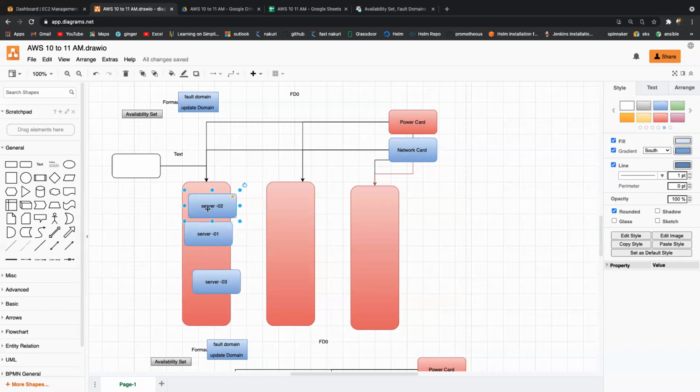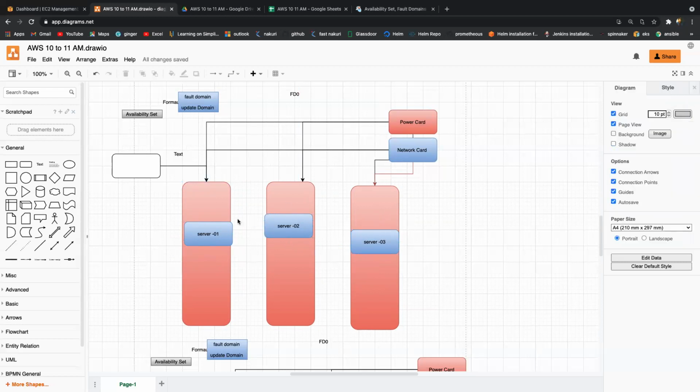Then downtime may come. Production might be affected. We cannot predict it. You can say orally there is no downtime, but practically it is impossible. Here you can see all these 3 racks are connected with 1 power card switch. If the power card switch is down, all 3 racks will be down, right? That is the reason cloud sellers give the naming convention FD0. When I choose FD0, 3 racks will be there, connected with 1 power card and network card switch.